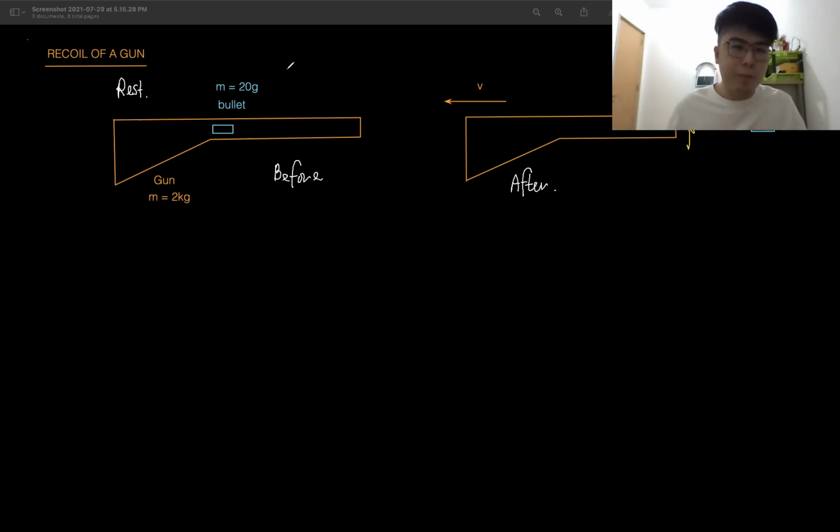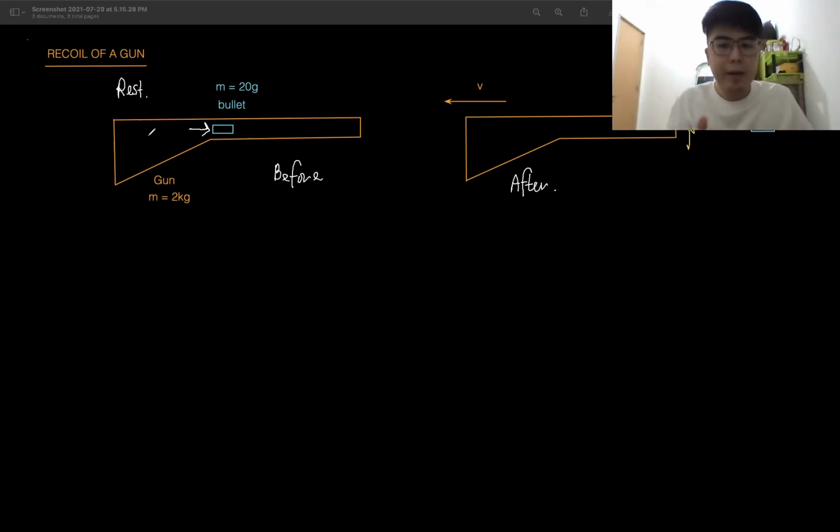Now, a force is produced when I push the trigger. Where does the force come from? The force comes from the bullet, the powder, the gunpowder. Okay, and it comes from the gunpowder, which is in the bullet, and the bullet is a member of the system. So the force produced is external or internal? It is an internal force. Okay, so the force that is produced to propel the bullet forward is an internal force. So if it's internal, then momentum is conserved.